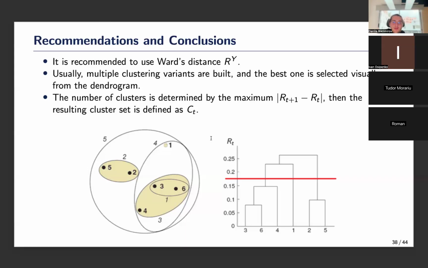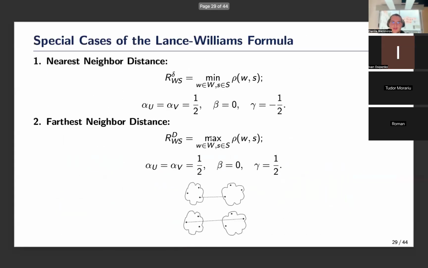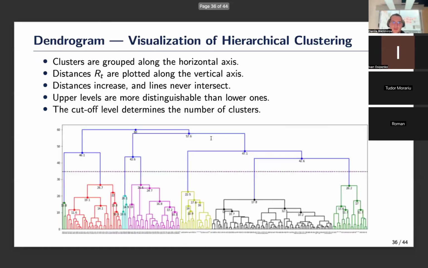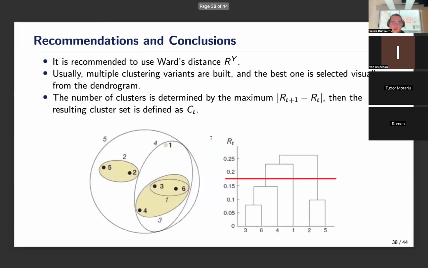Ward's method has been found to be the best based on experimental comparison on a representative set of model tasks, and it's often considered the most intuitive approach for building a taxonomy. As I remember, the best... no, I don't remember the best coefficients for Ward's method for almost all tasks, but you can just Google it and find it.